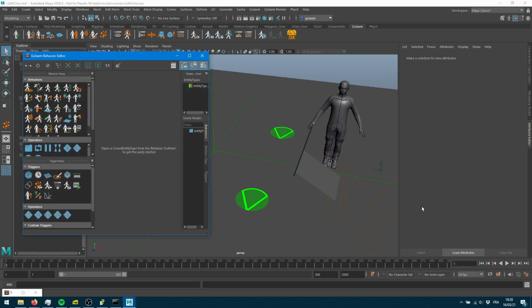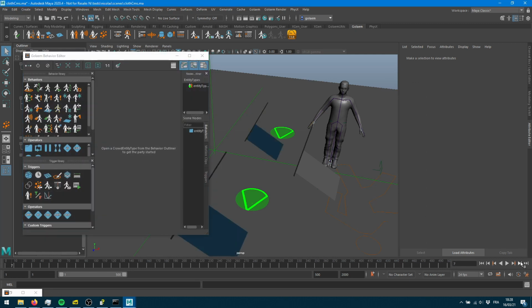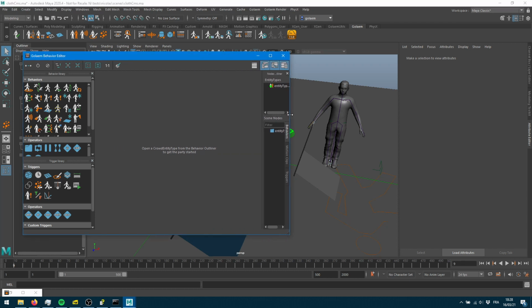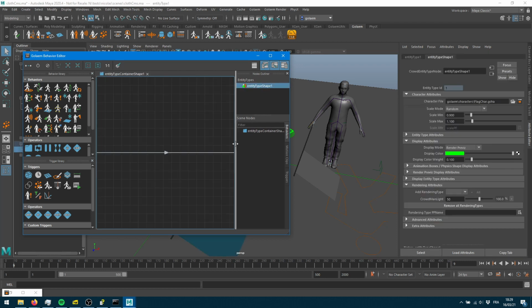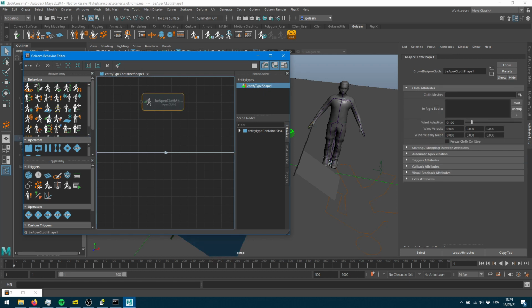And so let's run the simulation. You'll see that nothing happened, even though we've defined an APX file on it. So this is something we need to enable with some behavior. So I'm going to open the behavior editor for my character. I'm going to drag and drop that guy with the green cape. Make sure not to pick the orange cape. If you want to use the Nvidia Apex cloth behavior, make sure you're picking the green cape. I'm going to drag and drop this into my system here,